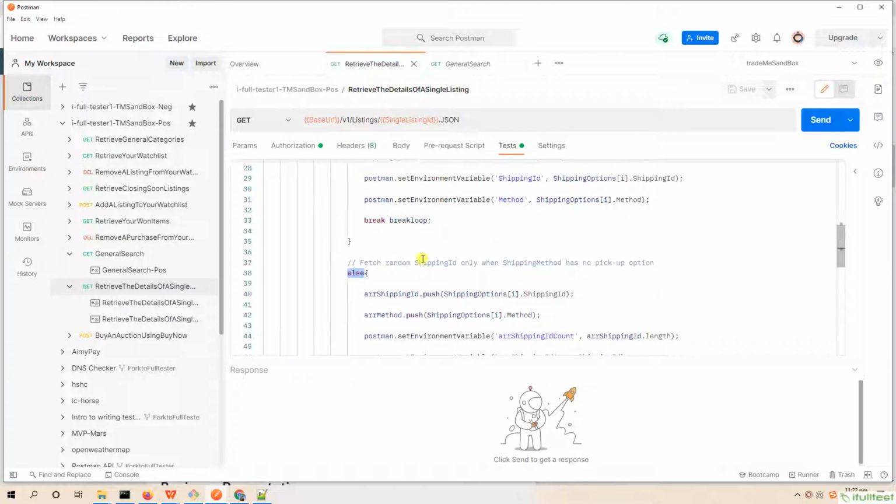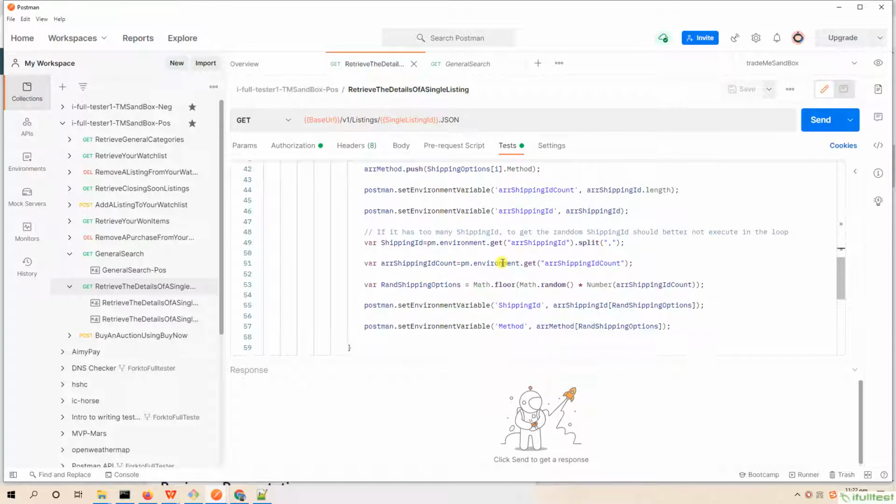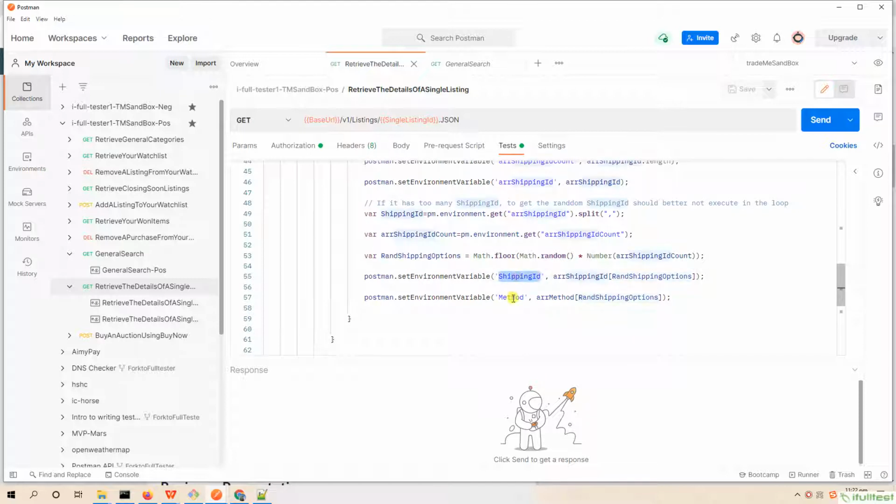Otherwise, we randomly pick one shipping ID and shipping method from the left shipping options. Then set the shipping ID as an environment variable for the downstream API, by an auction using ByNow request.